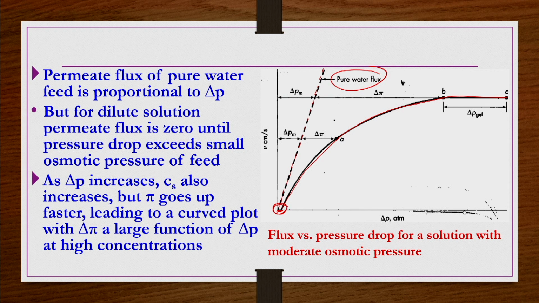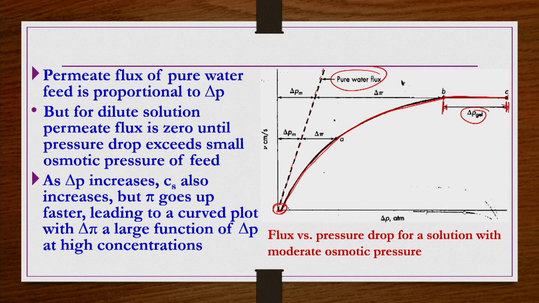Then up to 1.1 pressure drop, there will not be any permeate, and the permeate will be 0. After 1.1 atmosphere, as you gradually increase the pressure drop, the flux is going to increase gradually, but this increase is non-linear, like this. Then after a certain point, let us say from this B to C point, it is going to be constant. That is the point where gel formation is there, and the gel is offering a lot of resistance, and that resistance is known as the delta P gel, which is not allowing further flux increase.